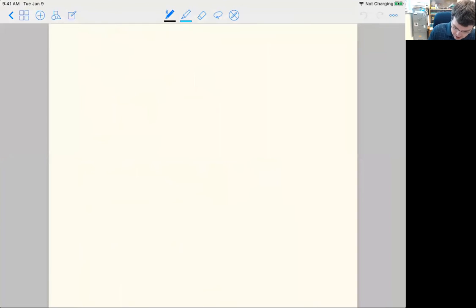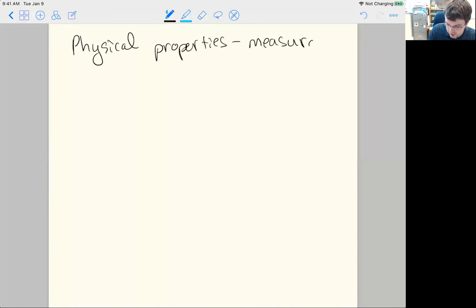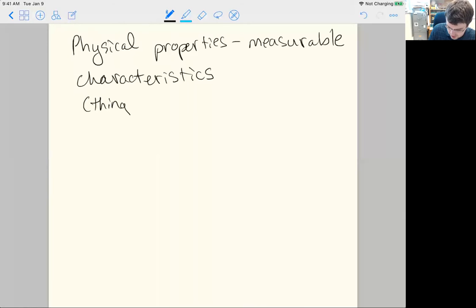Moving on to the next page, for some continuity I'm going to start by discussing physical properties first. These are, for a particular object, or really anything, measurable characteristics. It's a fairly broad definition when you think about it. Things that you can measure. So, things we can measure, for example,